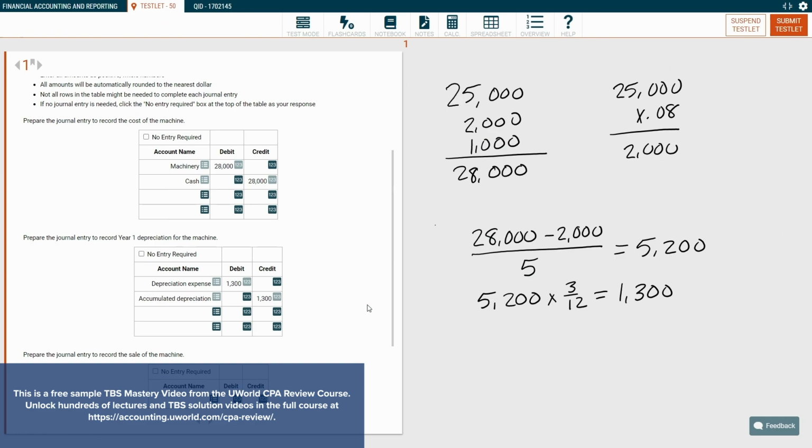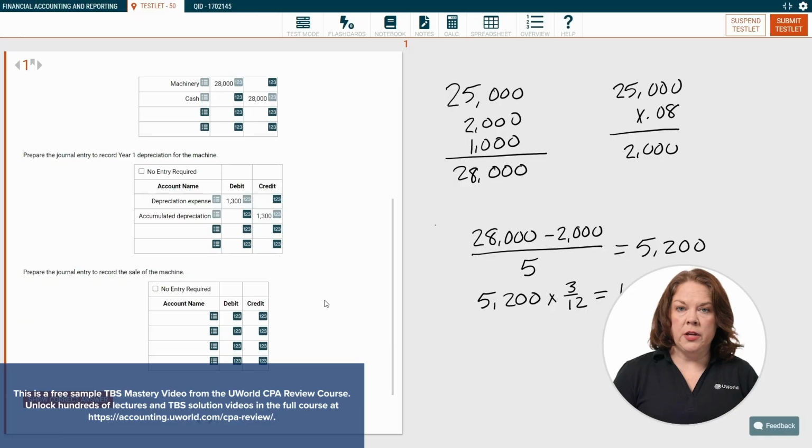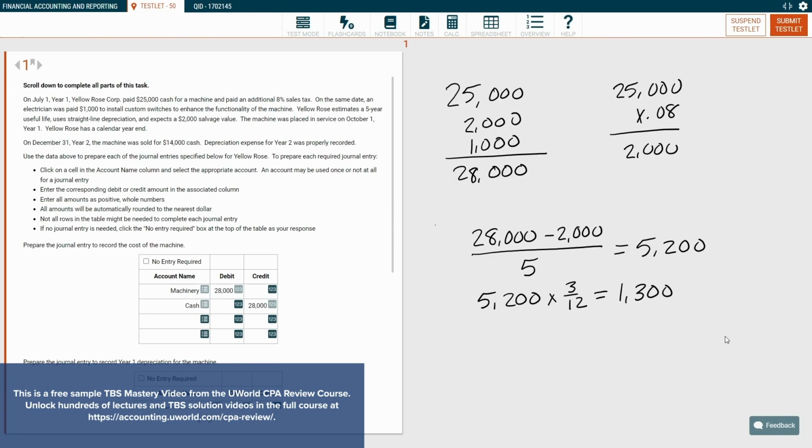What do we need to do next? Next, we're being asked to record the journal entry for the sale of the machine. Let's see what information we've been provided. We were told that we sold it for $14,000 of cash the last day of the year after we recorded depreciation expense for year 2. So what does that mean? Here we did year 1,